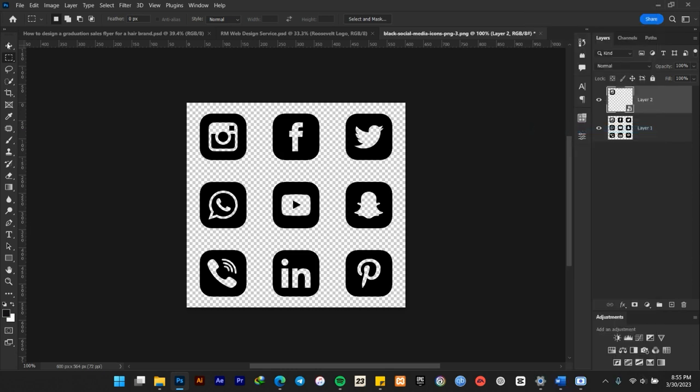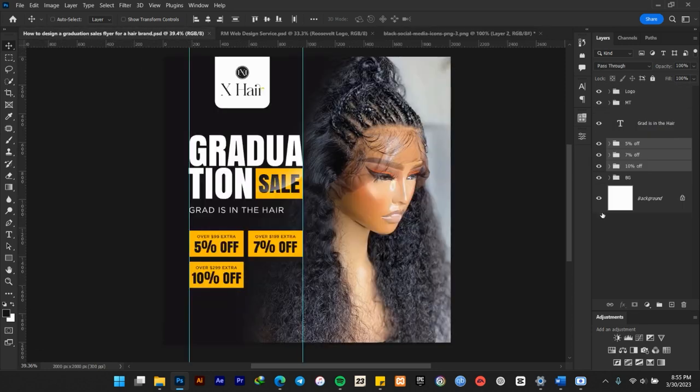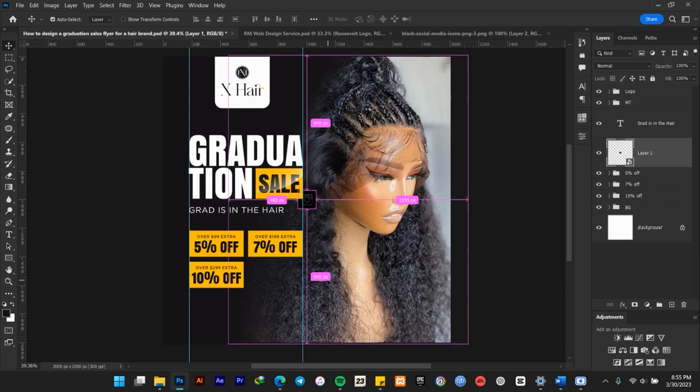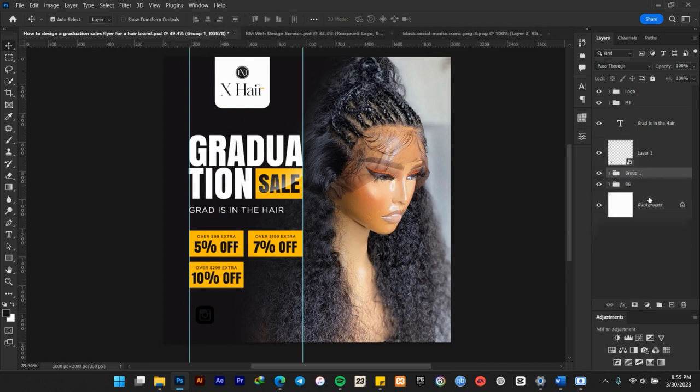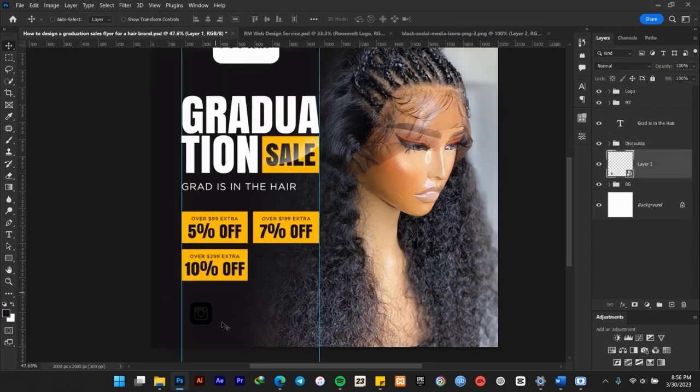I'll convert it to a smart object so that whenever I reduce or increase the size, it won't affect its quality. Now I'll press Ctrl C to copy the Instagram icon over here. Come back to my design and then use the icon. Before I work on the social media, I'll group this with discounts. Yeah. Now let's work on our